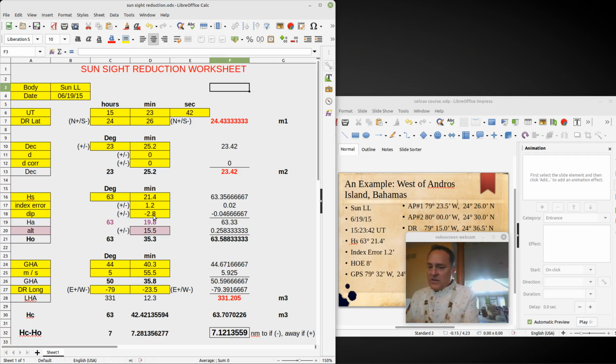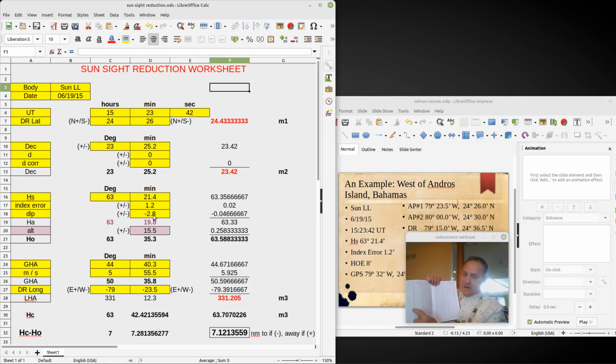I can't show you too much detail because I don't want to breach any copyright, but under one of these tables, you look up the altitude of your sextant reading, and it depends which date. If you're between October and March, you use one table. If you're between April and September, you use a different table. We are between April and September because we're in June. April, May, June, July, August, September. So we're going to use